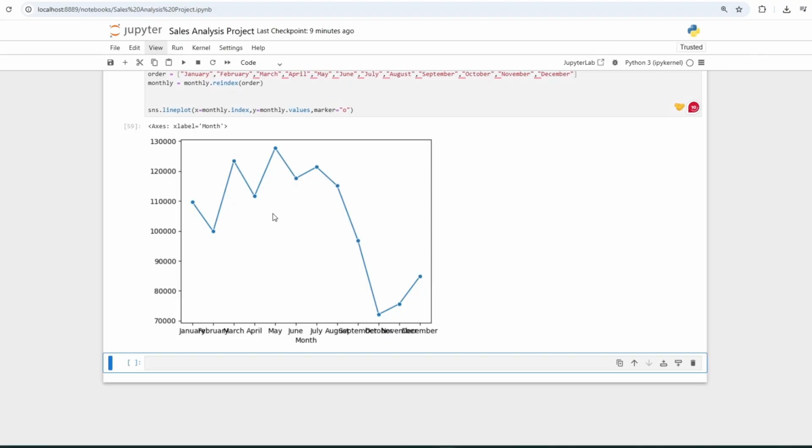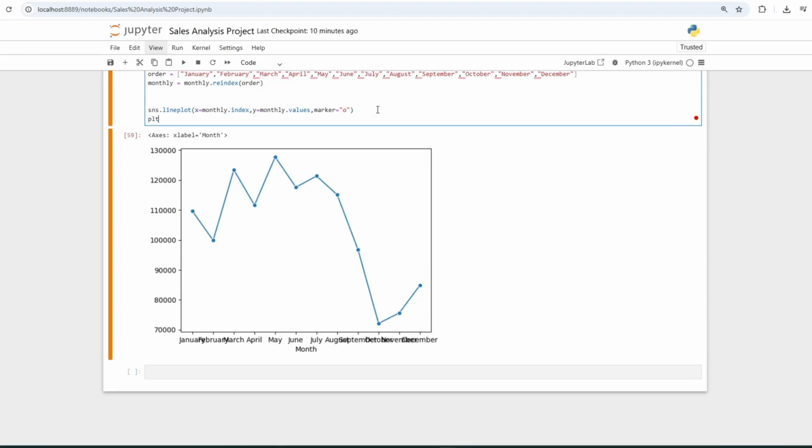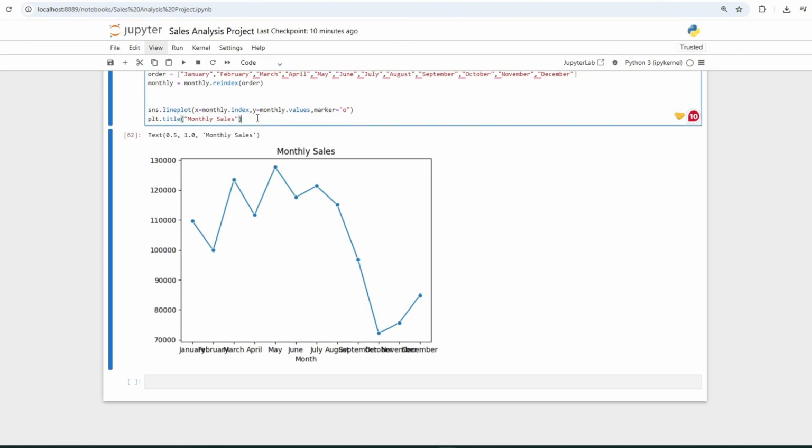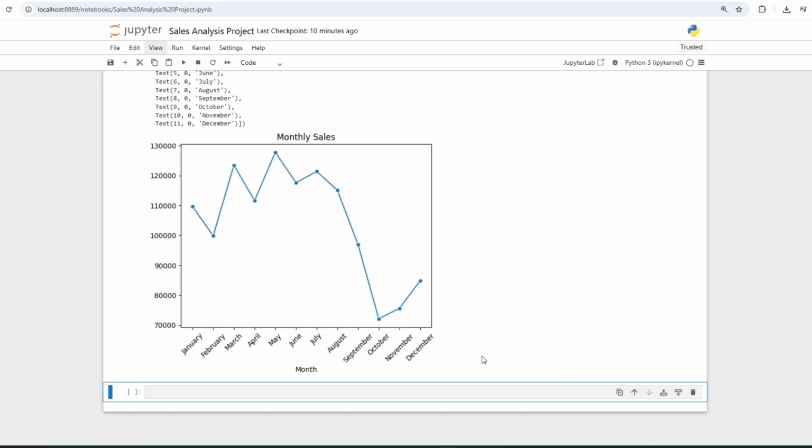Interesting. Not exactly useful right now. It's very squished together. There's no title on it. We'll want to improve that. So let's go up here. We're going to set a title, first of all. As we already know how to do that, it's very simple. We're going to call it monthly sales. It's still a little bit smushed, so I'm going to fix that here with plt.xticks. Then rotation is equal to 45, and you're going to see that's just going to stretch it out for us